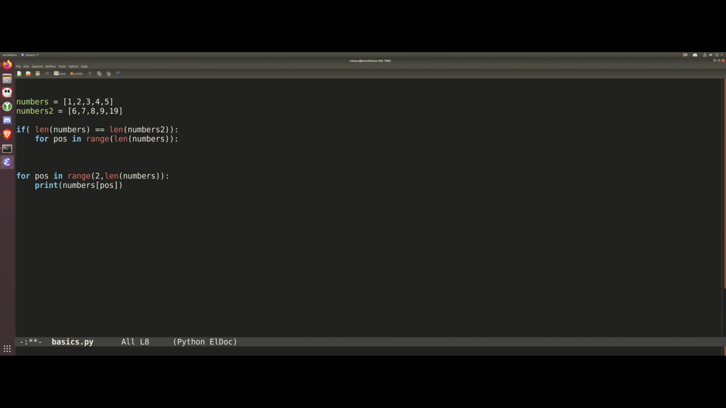And what we're going to do now is we can print these. So we're now going to be actually printing elements from both lists inside this one for loop. And what we're going to do now is just say numbers,